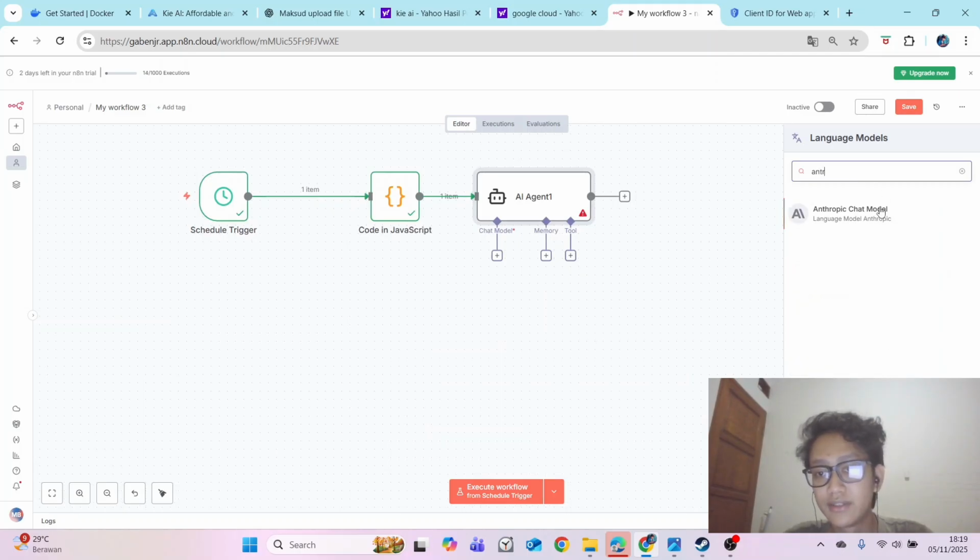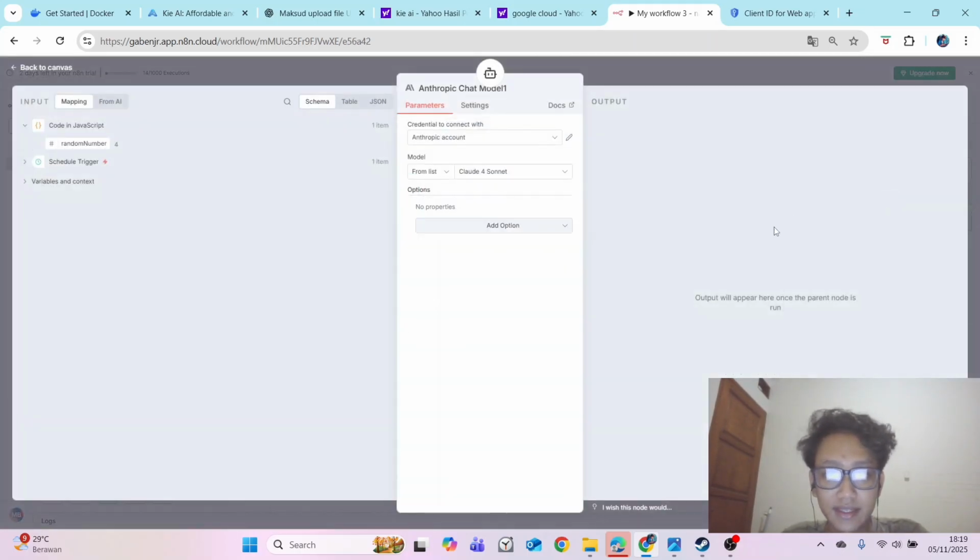For example, I choose the Anthropic chat model, which is Claude. We can choose Claude 4.5 Haiku or Sonnet. Where is Sonnet? Oh, here.